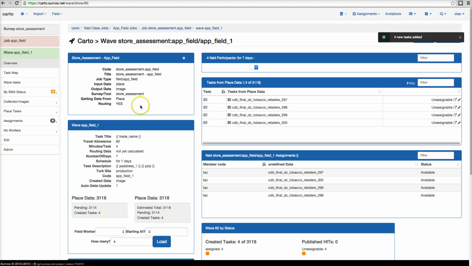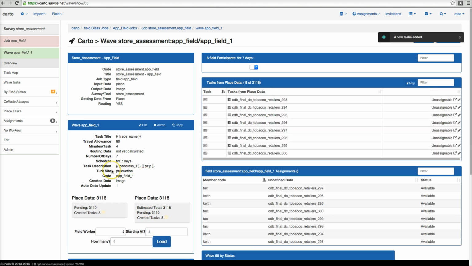click on load, and now you see that we have the assignments here, and we could do the same thing with other people as well. Now, of course, we should be starting at 4 and doing the next 4. Now, normally this isn't the way to do it, but this is a way to quickly get data in,